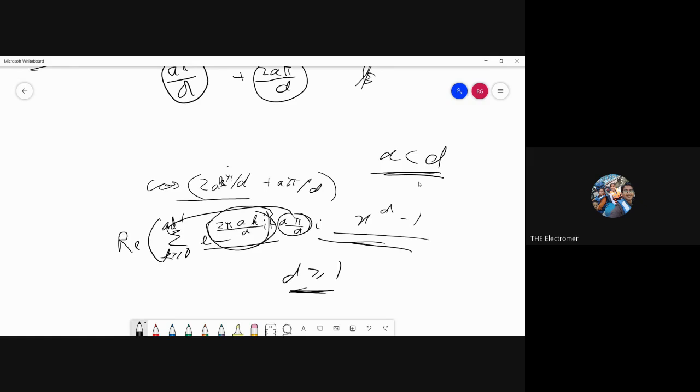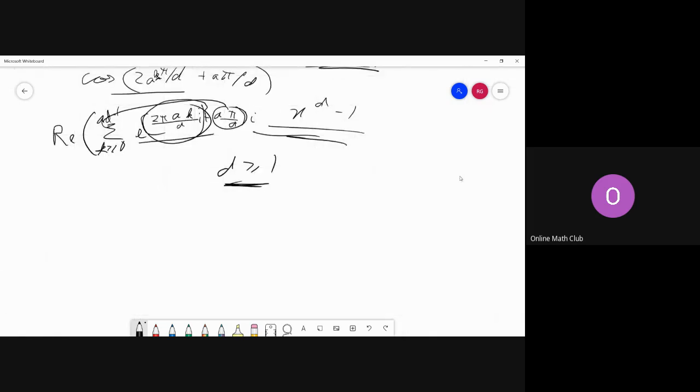How are these the roots? Let's say we want to look at a by d equal to p by q, in lowest form. That makes sense now. So now you're looking at roots of x to the q minus 1. q greater than 1 is all you want, but that's true since d is greater than a.